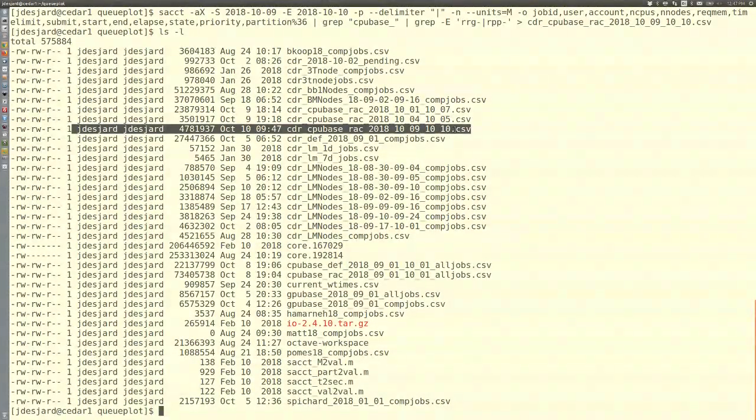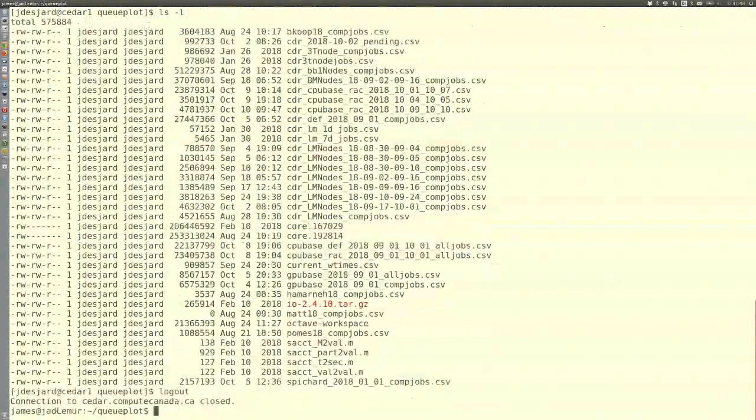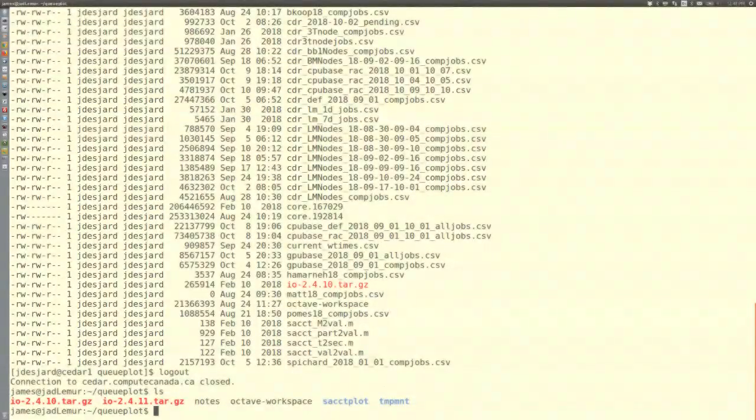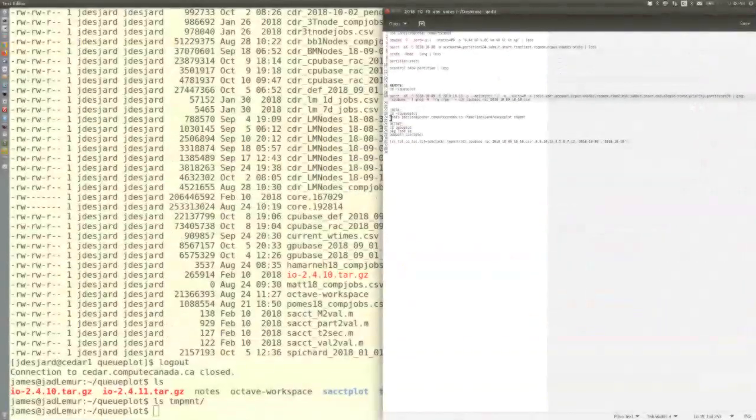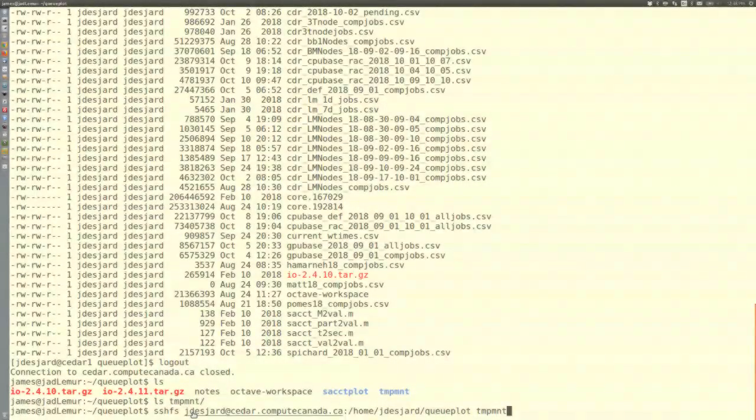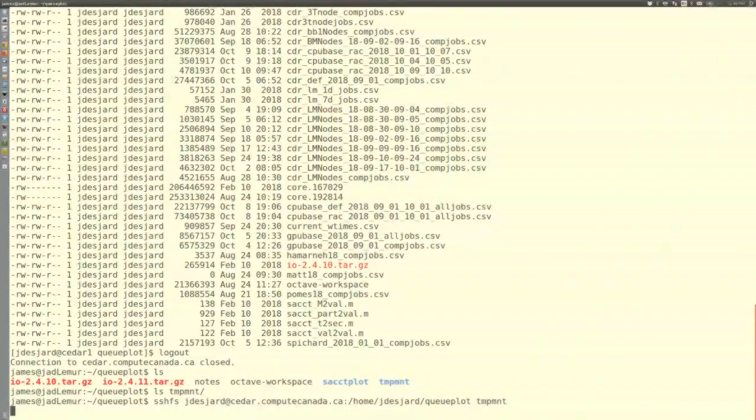Okay. Now that I've generated this file, I'm going to log out of the system, and here I am on my local computer in this qplots folder. I'm going to list the contents of my temporary mount folder, which is empty. And then I'm going to mount the folder on Cedar into that directory